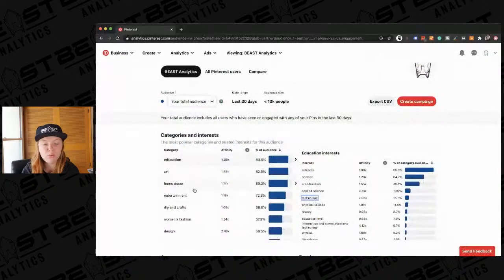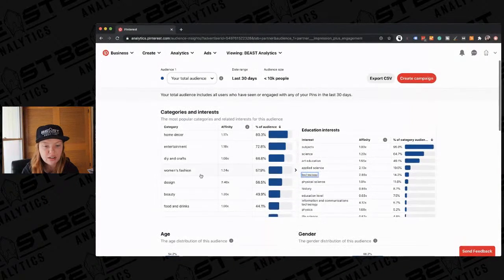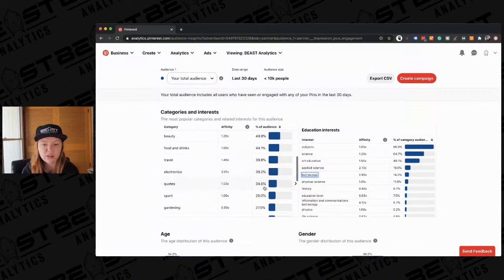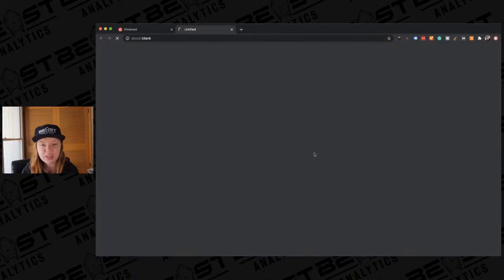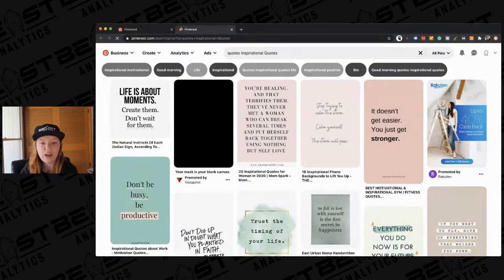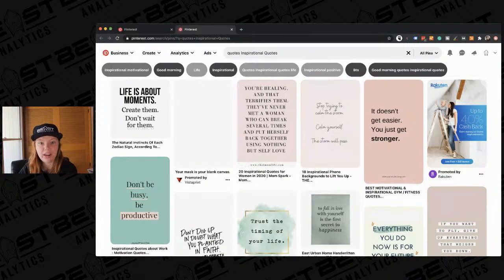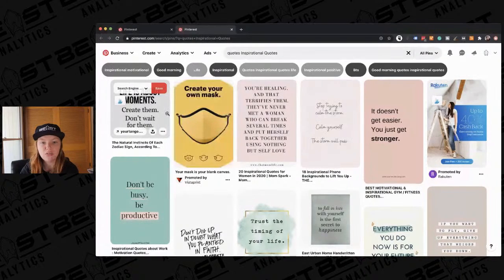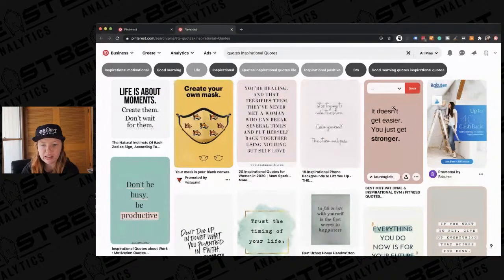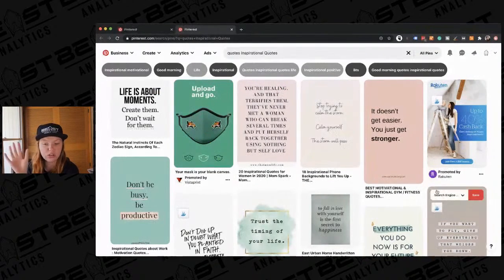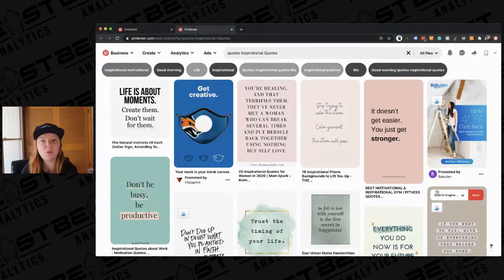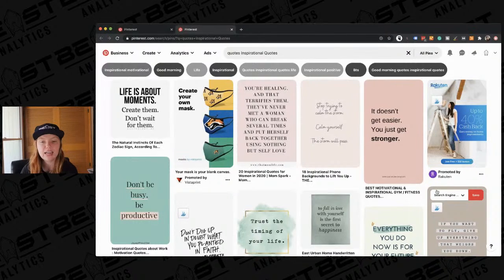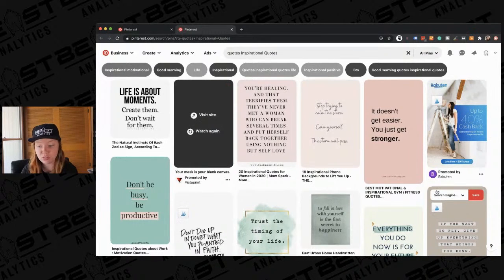And a really interesting one that I found was, for instance, quotes. So about 35% of my audience. So I clicked on quotes and then went to inspirational quotes. And right away, I see a pattern here, right? So I see that they're light whites to light pinks and this turquoisey green color. And I can tell that if I'm going to be pinning things, maybe I need to pin some inspirational quotes